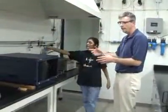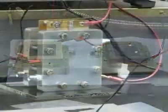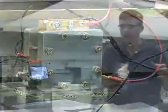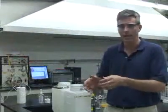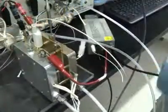of Technology. A fuel cell is a device that takes stored chemical energy and converts it into electrical energy directly. Essentially it takes the chemical energy that's stored within whatever fuel you have. It could be hydrogen, it could be methane, it could be gasoline, and then through two electrochemical reactions it converts